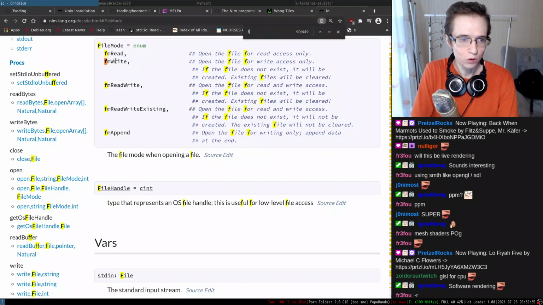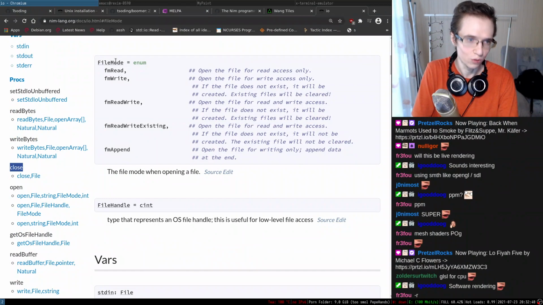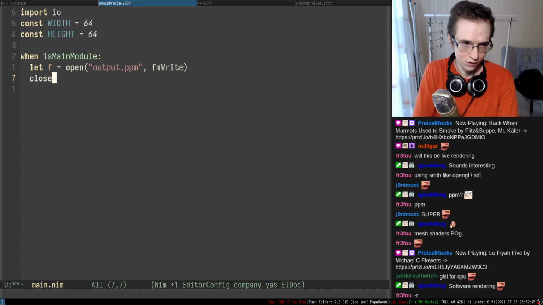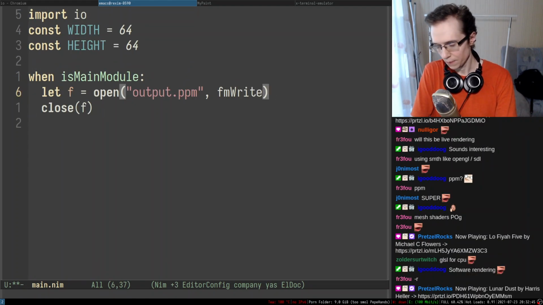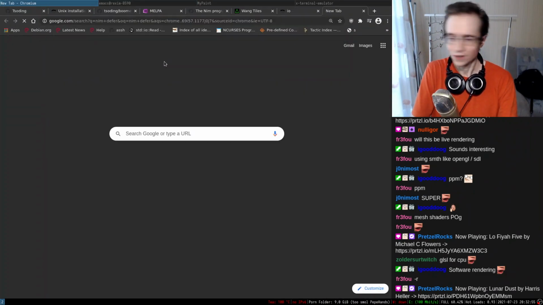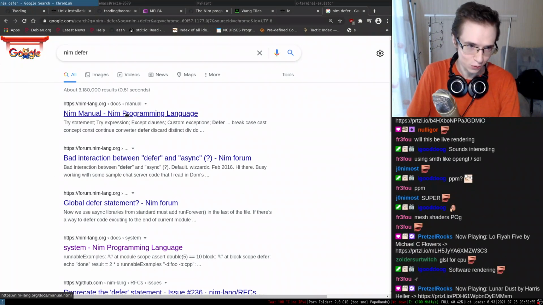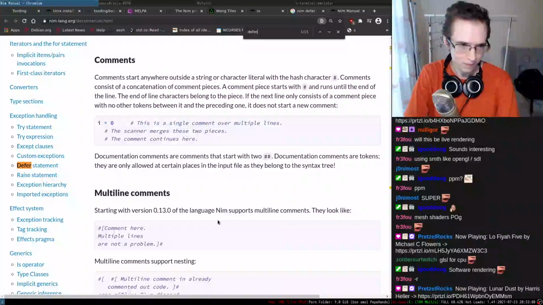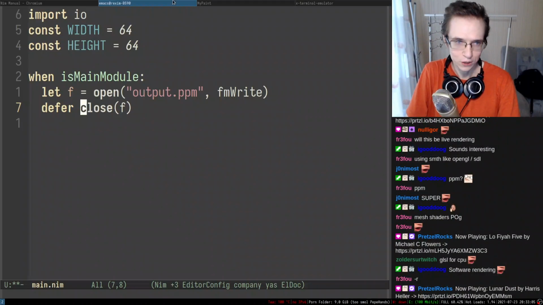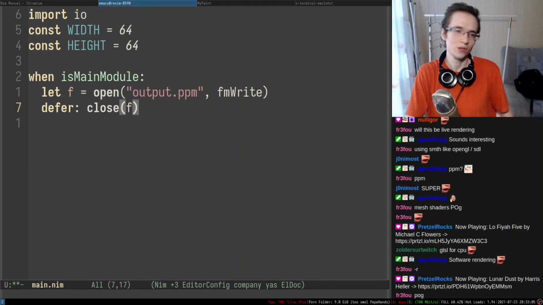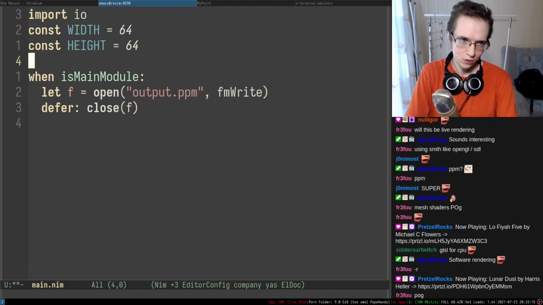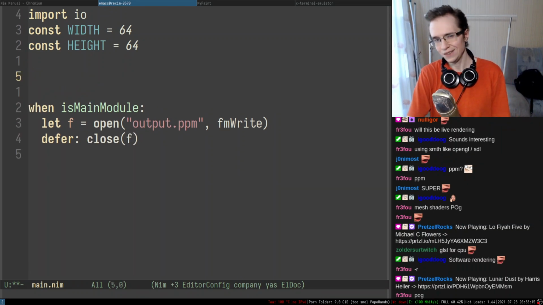So, and at the end we have to close the file. So I'm pretty sure there is a function to close the file. There we go. So we can just go ahead and close it. As far as I know, Nim has a defer statement, so you can actually do something like defer. Nim defer, like in Go, by the way. Isn't that cool? It's almost like Go. That's pretty pog. Defer statement. Yeah, you have to actually put a colon in here, and that I think will happen at the end of the scope.